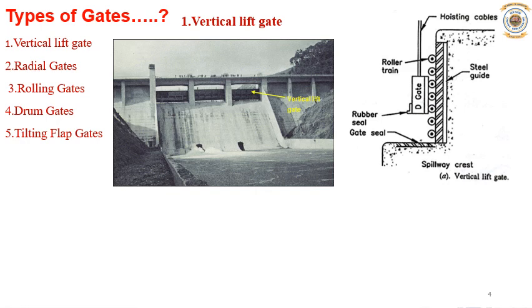These are rectangular sliding gates which move between grooves or guides, and can be raised or lowered by hoisting mechanisms at the top. These gates are generally made of steel and placed vertical,